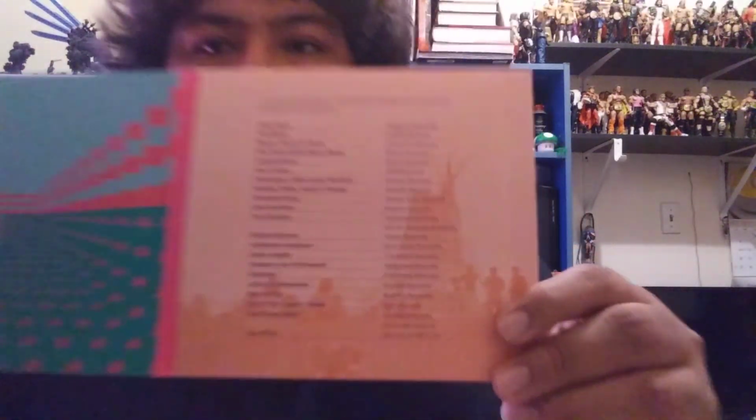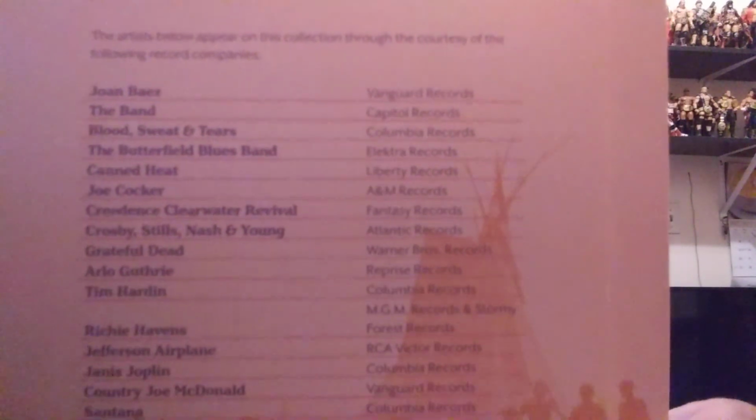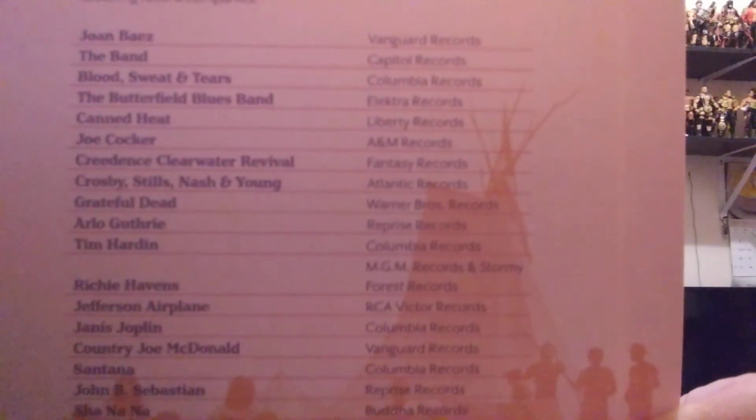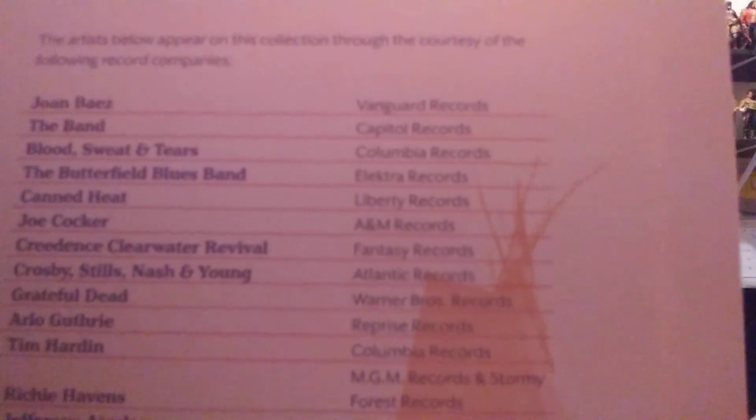I want to show you something interesting on this. If you go and check on this side, you can see the artists and the labels that they're on. So the fact that Rhino has released this, I don't know if you guys saw it. I feel like it's blurry. Come on, focus. So anyway, like I said, it's kind of crazy to see that they've released this because all the different labels